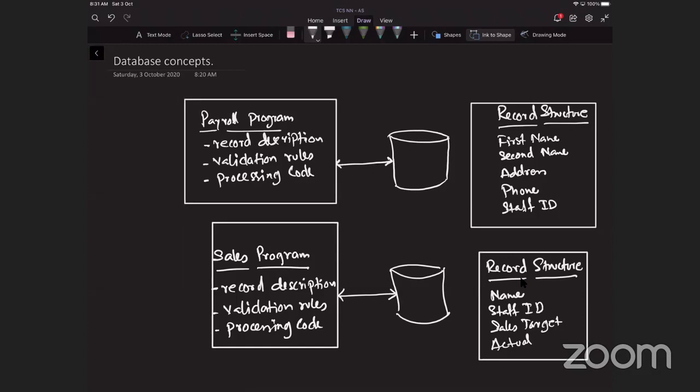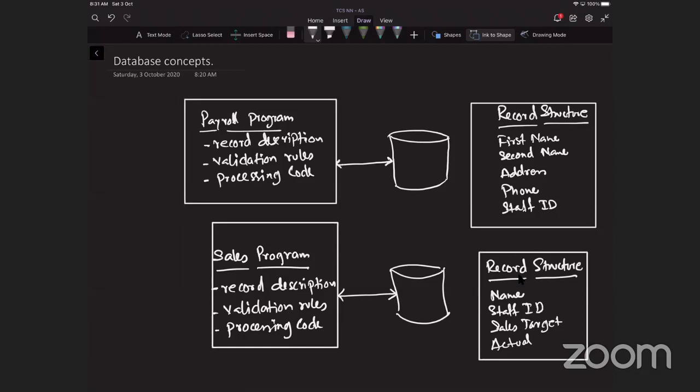A file-based approach is limited because storage space is wasted when the data items are duplicated by the separate applications and some data is redundant. Separate application means there's a separate program written for payroll and a separate program for sales. They are using their respective data files, which are not from a database. So they may contain the same data but in different ways, different order.